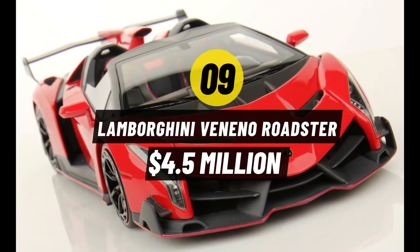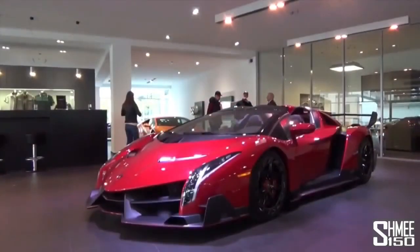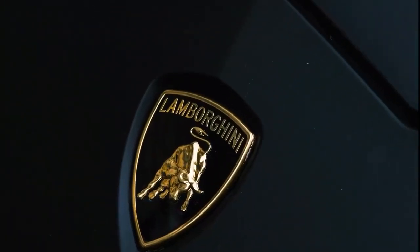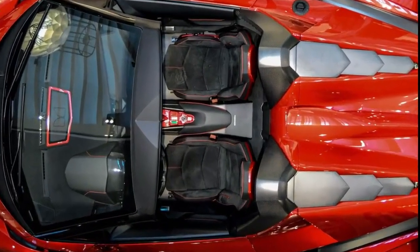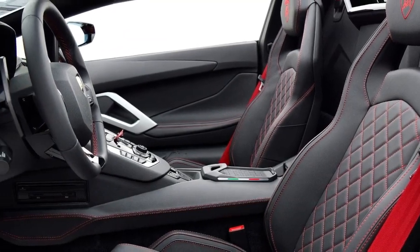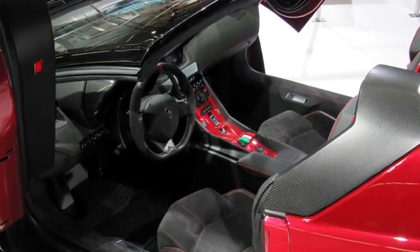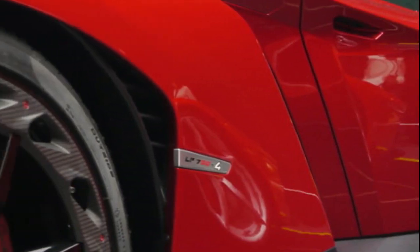Number 9. Lamborghini Veneno Roadster. Built to celebrate the company's 50th birthday, Veneno literally means poison in Spanish, and well, the design does look deadly. Looking almost like an alien space capsule, this car can reach speeds that can give one of those a run for their money, literally. The 6.5-liter V12 with a 7-speed single-clutch ISR automated manual transmission can spin at 8,400 RPM to yield 740 horsepower and 507 pound-feet of torque, meaning that the car can do 60 miles per hour